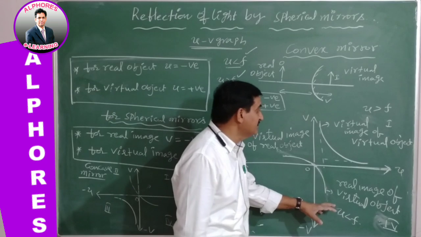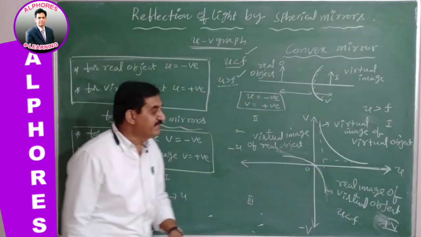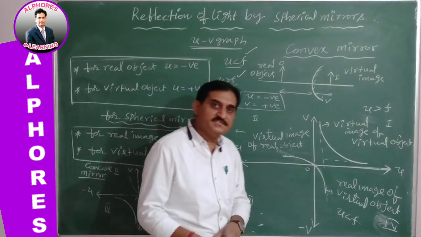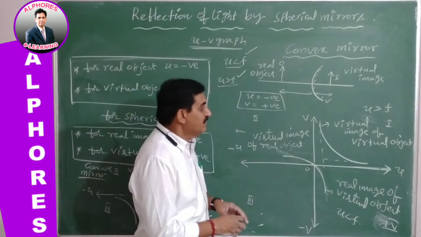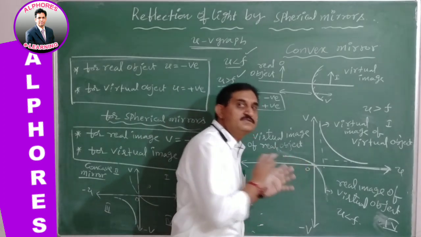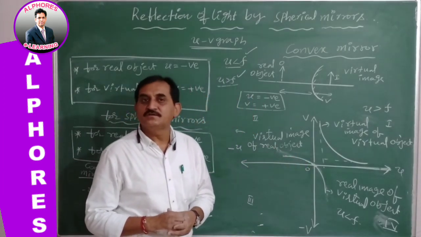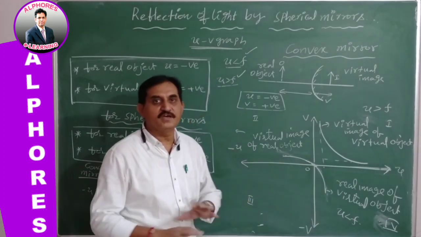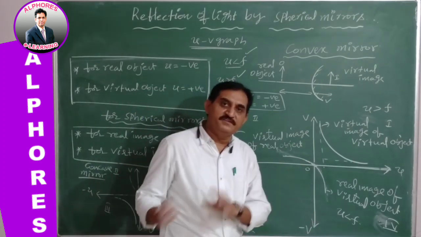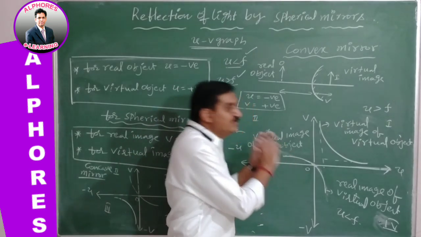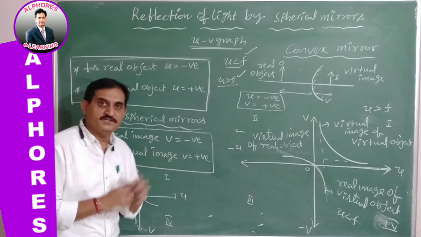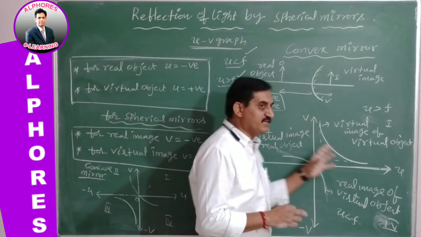The same we are representing in the UV graph. It is not a new point at all. We already discussed it previously. Therefore, those are fitted as they are in this UV graph. Nothing changes, nothing difficult. Everything was discussed previously, and the same we are fitting in this UV graph. This is a way to understand the UV graph corresponding to the convex spherical mirror.